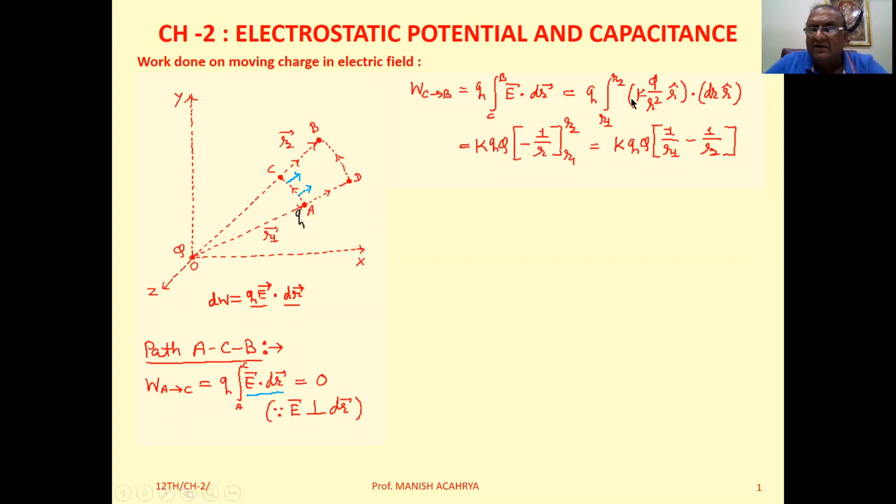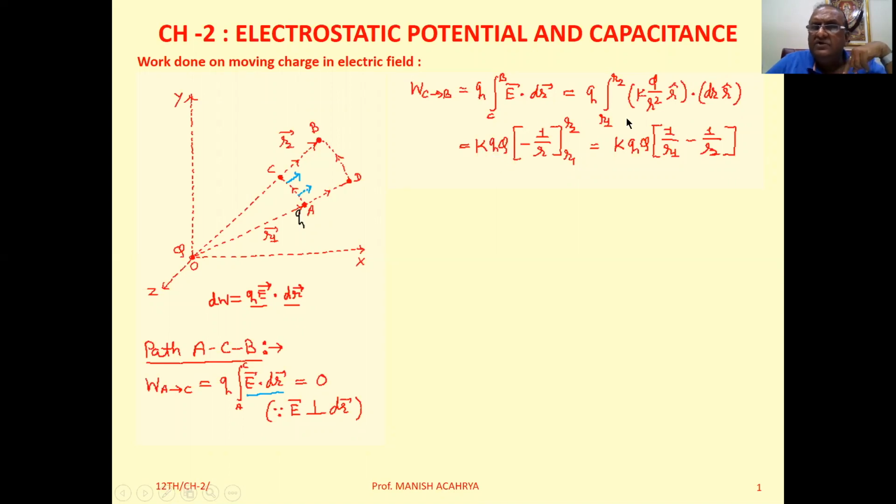So the unit vector for electric field and the unit vector for displacement are considered the same, R caret, R caret. But we know R caret dot R caret is equal to 1. So we can write now